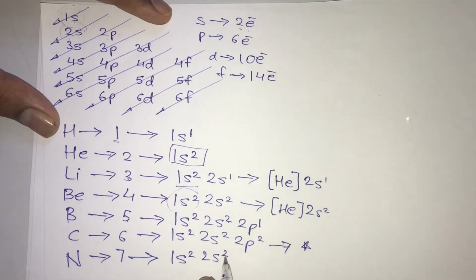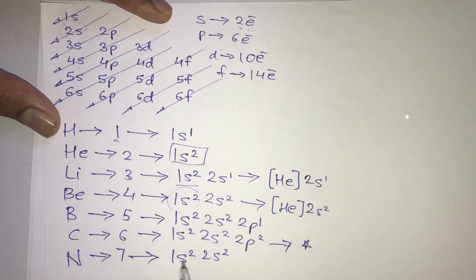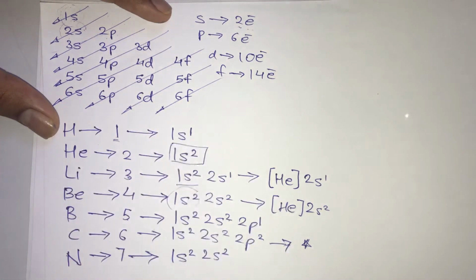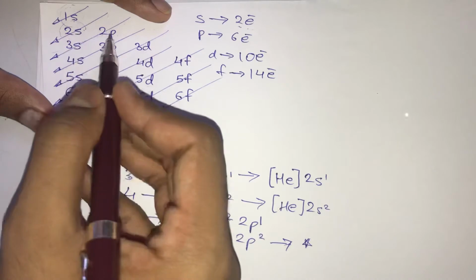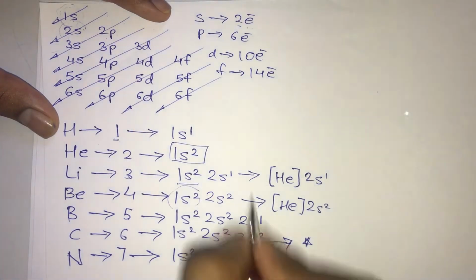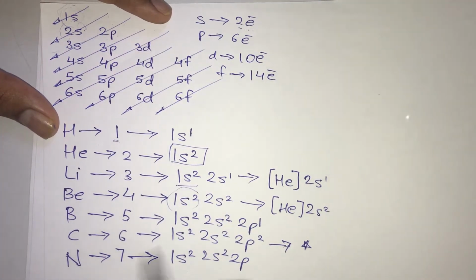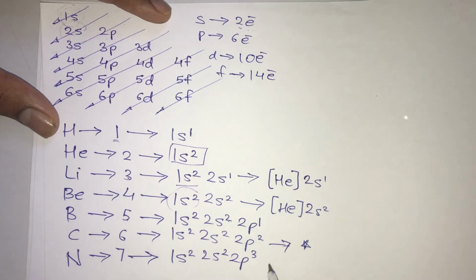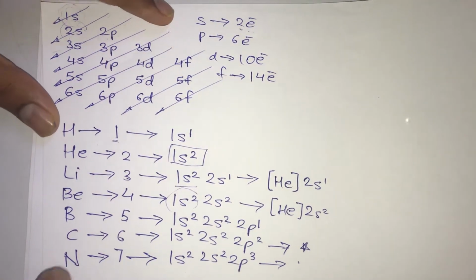So 2 plus 2 is 4. Out of 7, 4 electrons are already occupied in the 2 subshells, 3 are still remaining. Am I right? So after 2s is completely filled, we move on to the third diagonal where we first meet 2p. This 2p can take a maximum of 6 electrons, but as we all know that we have only 3 electrons remaining, therefore we write it as 2p3. And as mentioned earlier, you can write the condensed form of nitrogen also.